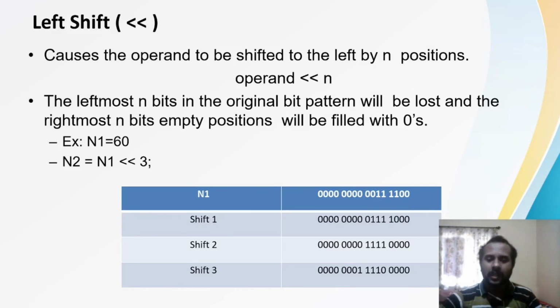And in the next shift, I am shifting one more time, right? So 1 was here, so I will bring that here. Okay, next one, like this, it will go on. And in shift 3, n2 will be n1 where 3 bits are shifted to the left side. See here, 1, 2, 3, 4 bits were there, so check here. So it will come here. So 1, 2 and 3 bits are shifted, and you have the 4 ones present on this side.